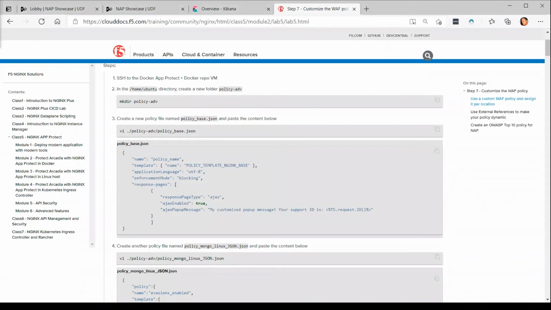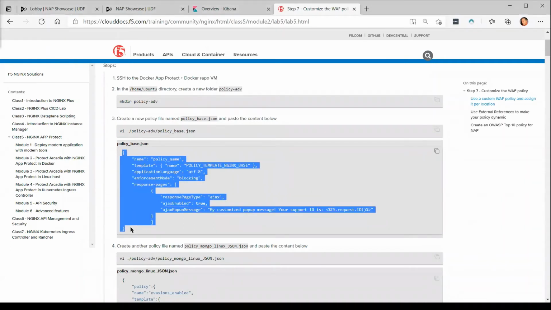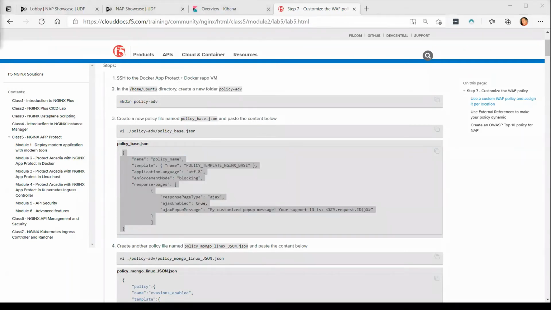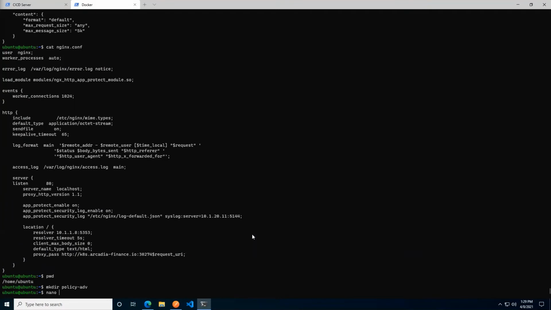We were here. So yeah, I'm going to copy out this. And as I said, for those of you that are unfamiliar with VI, VI is a massively powerful text editor with a lot of tools and whatnot. But for those of you not familiar with it, you would probably be better off using Nano, which is also installed on your system. So I'm going to use Nano for those that may not be used to it, since those familiar with VI would need absolutely no explanation on how to use it.